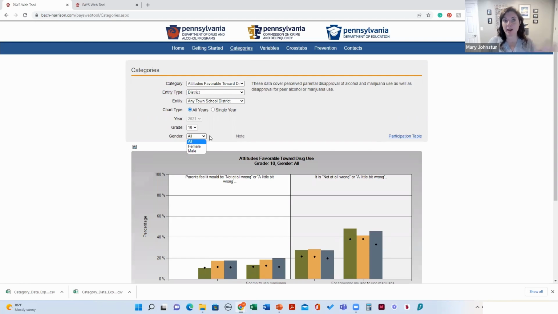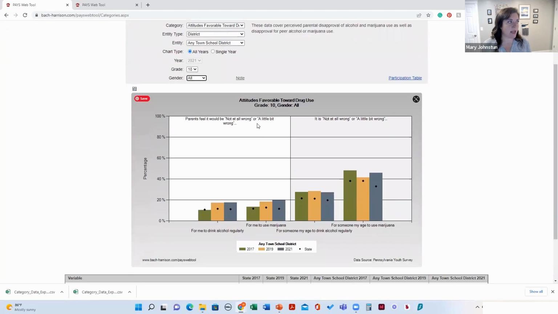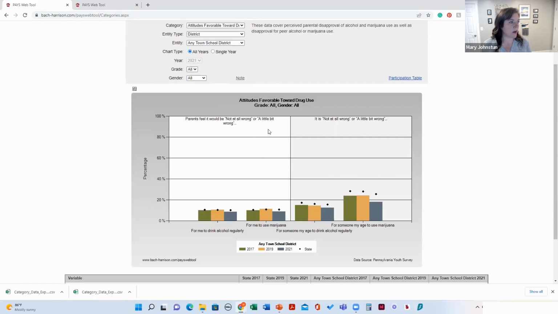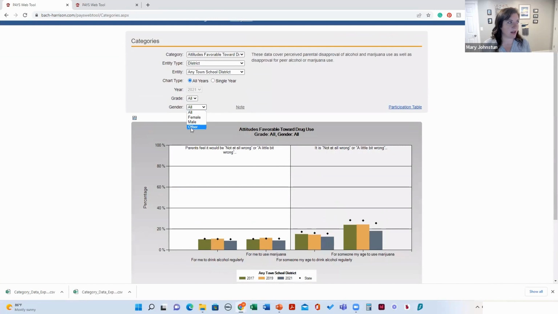It's because that grade alone did not have a minimum of 10 students marking that option. So looking at all genders combined is the way that I am going to be able to look at that. And two, if I go to grade all, and then I'm selecting gender all, then honestly, when all the grades are rolled up together, all of a sudden I do actually have enough students to be able to select other. So if you're wanting to look at the data in that way, just know those are the limitations and